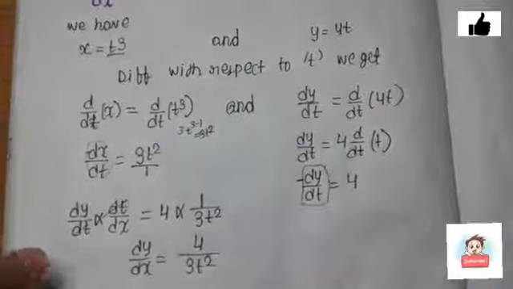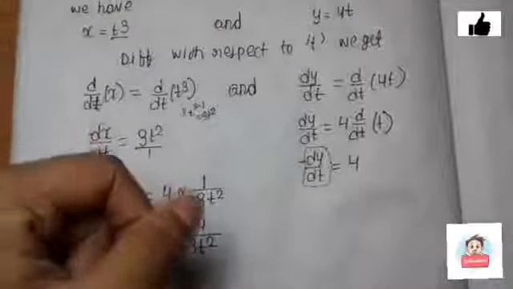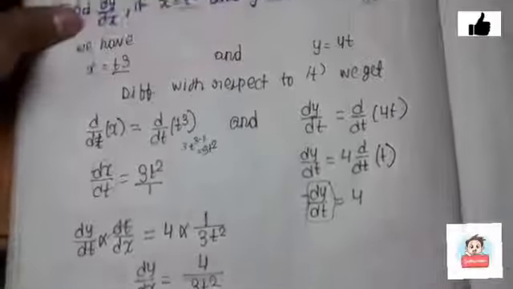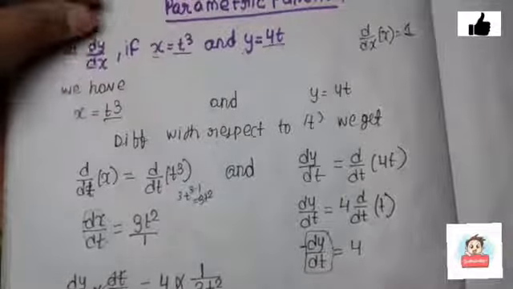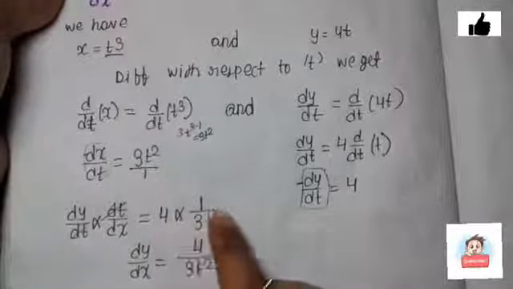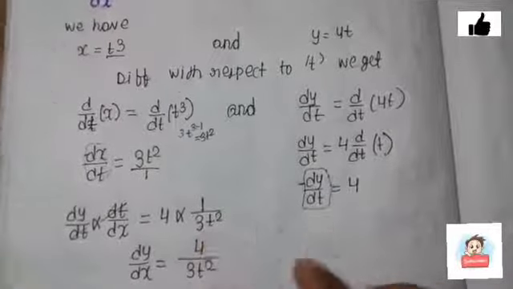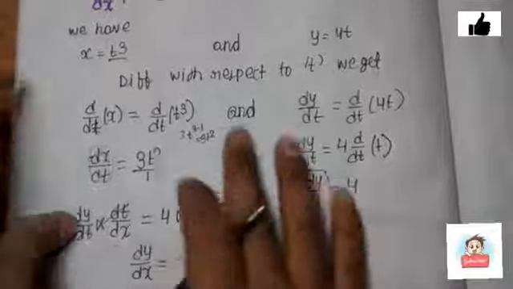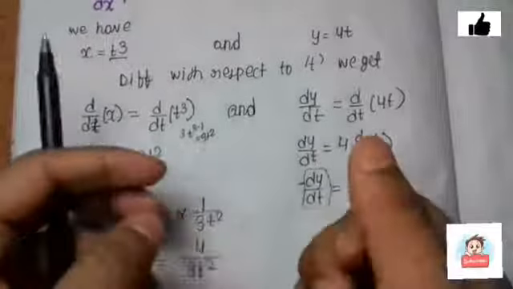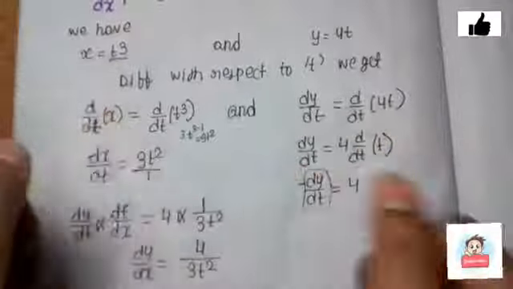See, the sum is so easy. You can do it in seconds. So you just need to find what we need to find. If this were dx by dy, we would write 3t squared into 1 by 4, and the answer comes to 3t squared by 4. So this is the method. We will do some more sums in this chapter to make you understand and clear your thoughts on this sum.